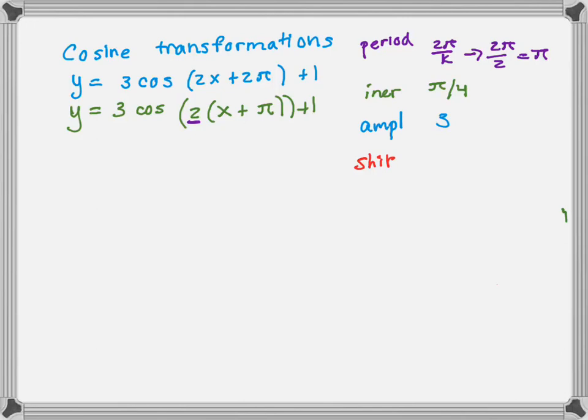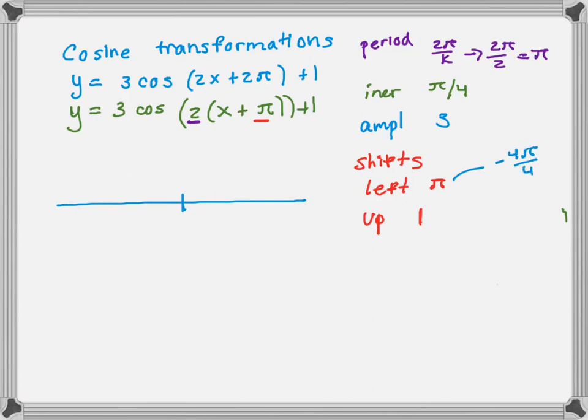And then shifts. So it is going to shift left pi, because we can see that from here. And it's going to shift up 1. And that's all we really need to worry about. So now we can start graphing. So I'm going to start at pi, because we're going to start at whatever our shift is. So actually it's going to be -pi. But I'm going to rewrite it as -4 pi over 4. So I like to write it with the same denominator as whatever the increments are. So we have negative 4 pi over 4,